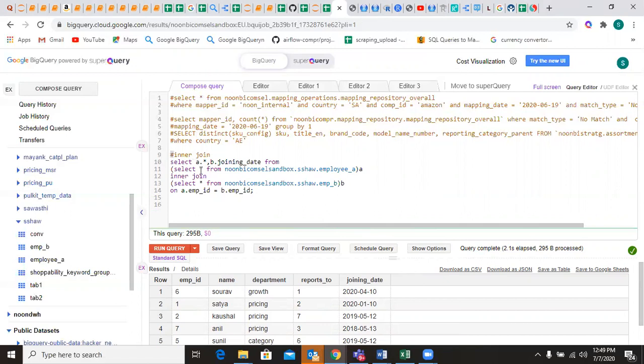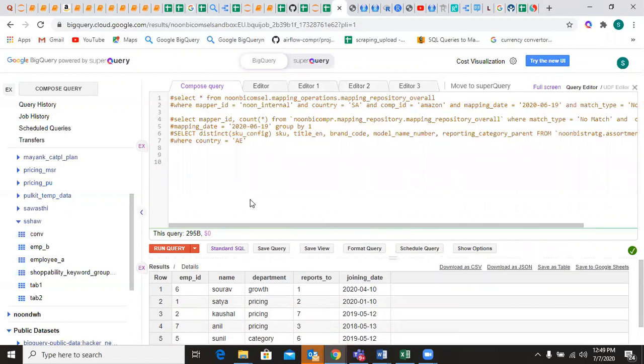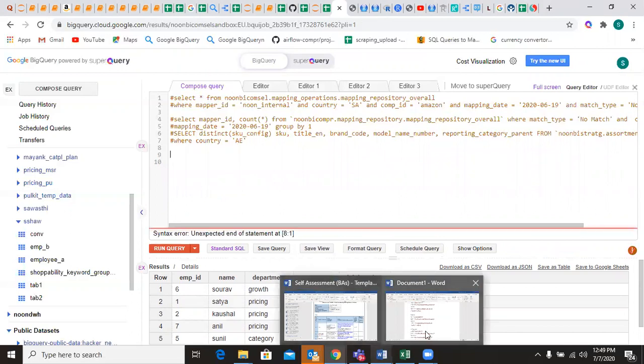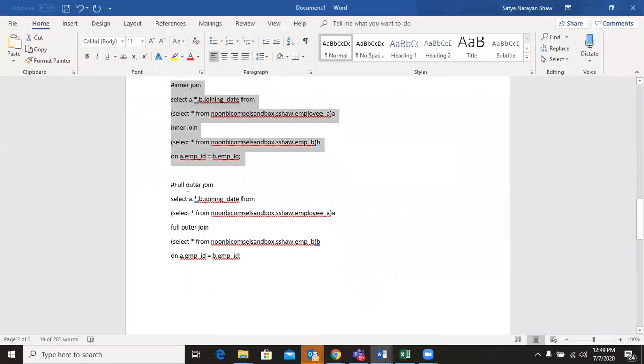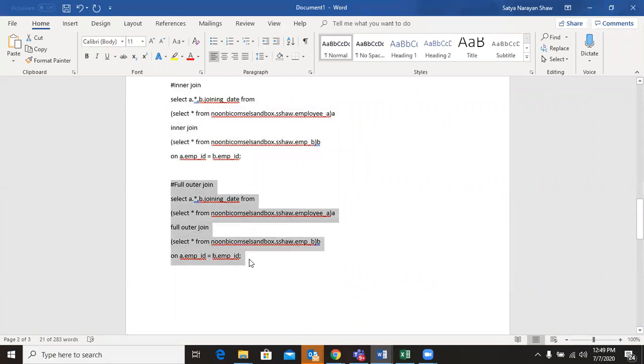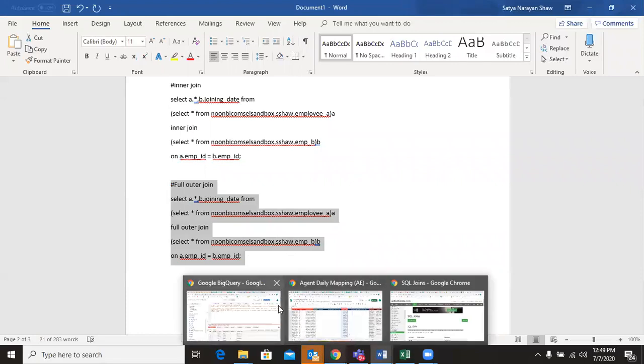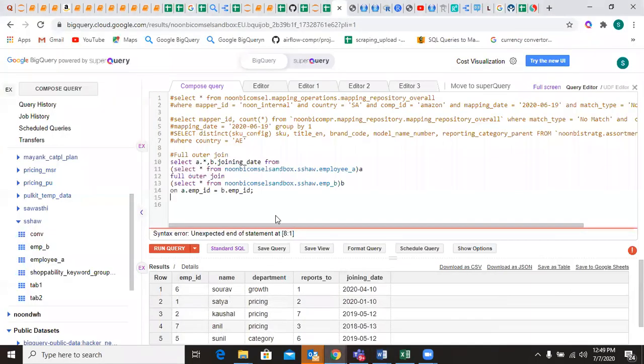Now let's go to the full outer join. Full outer join, guys, is like this: whatever data is present in the left table and right table, everything gets displayed in full outer join.